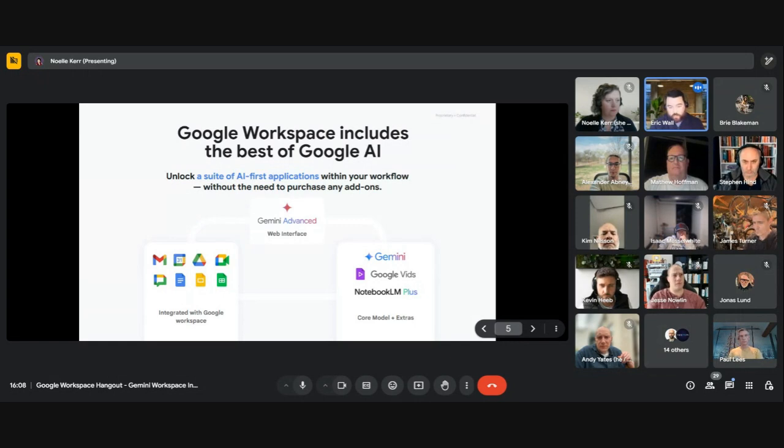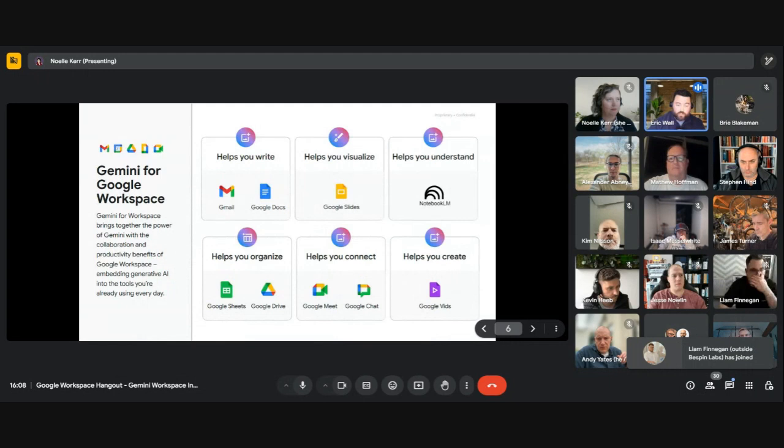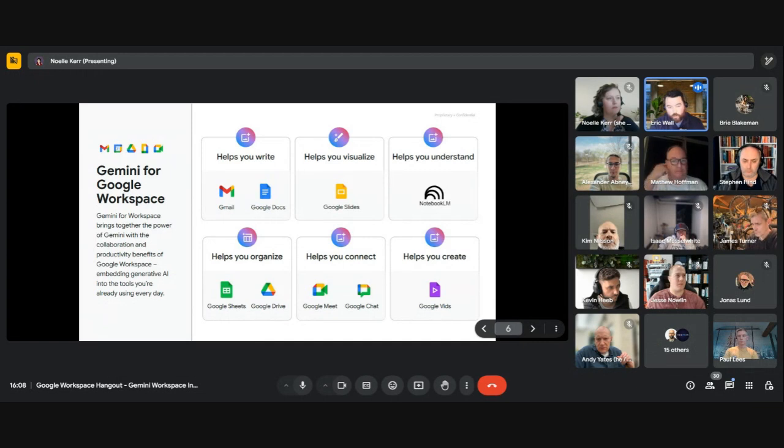And of course, there's a couple of advantages with that as well. A lot of people that we've spoken to over the last couple of weeks actually don't understand the extent of Gemini in Google Workspace, and they don't understand where it pops up. So what we looked at with this one was, where is it in Google Workspace? Where can people see it? And to make sure that people know that it's available as well.